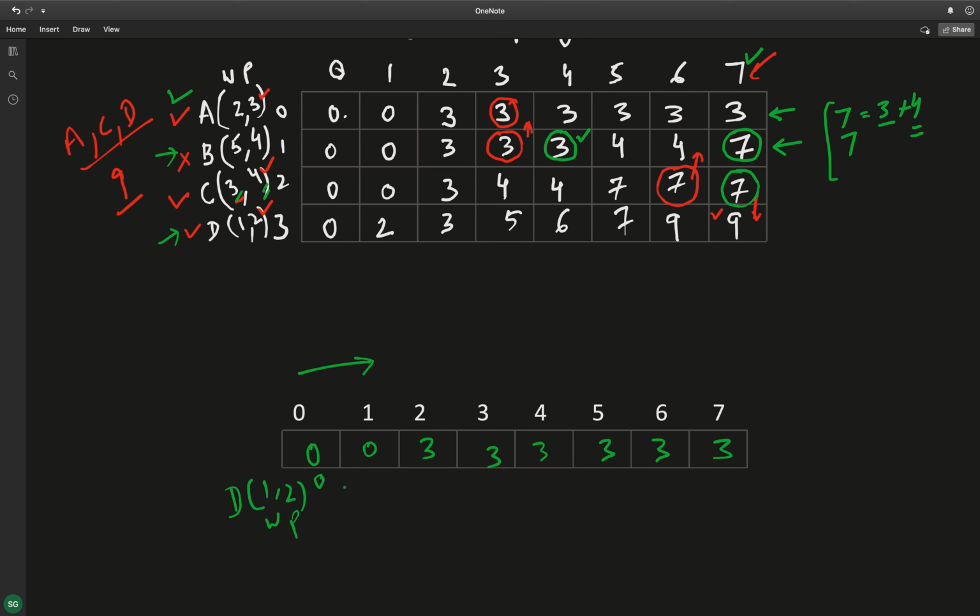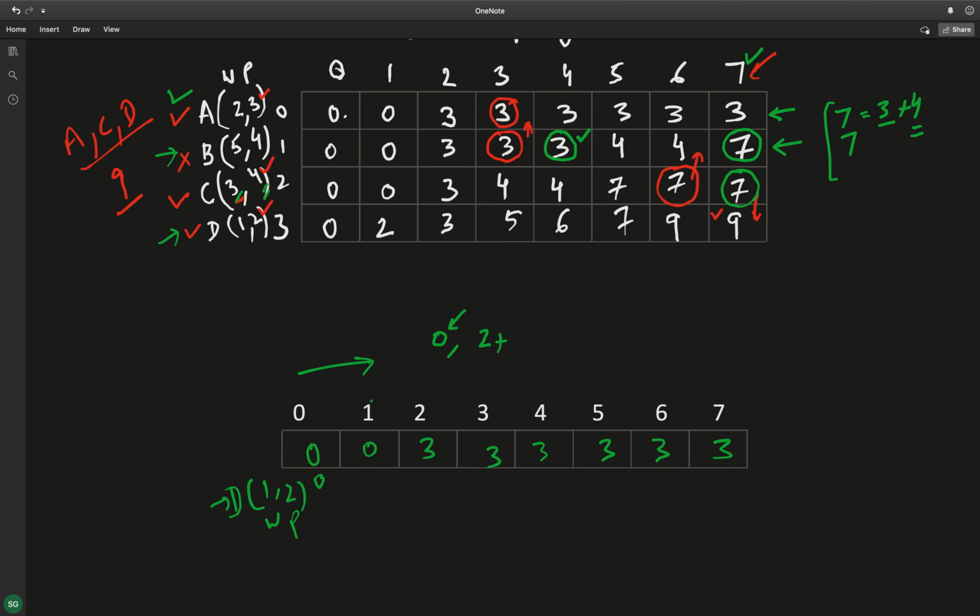Now for this weight 1, either we need to consider the previous value, which was 0. If I don't consider this item D, then the value will be 0, right? And if I consider item D, the value will be 2 plus the profit gained after subtracting this weight.